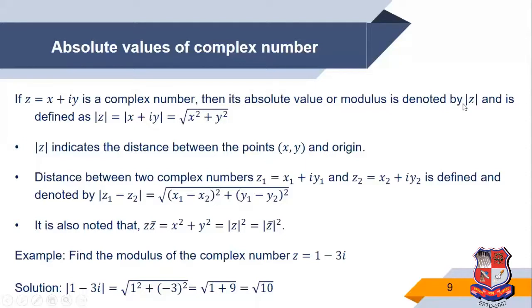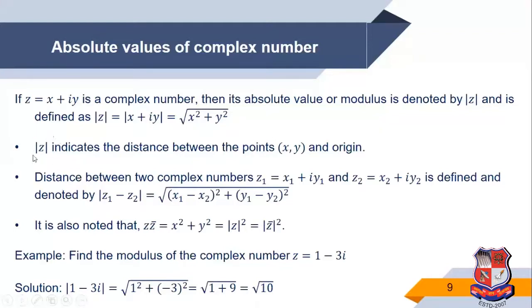And it is defined, mod of z is nothing but mod of x + iy, and mod of x + iy is equal to the square root of real part square, that means x square, plus imaginary part square, that means y square. So if we find the absolute value of any complex number, we use this concept, a square root of real part square plus the imaginary part square,